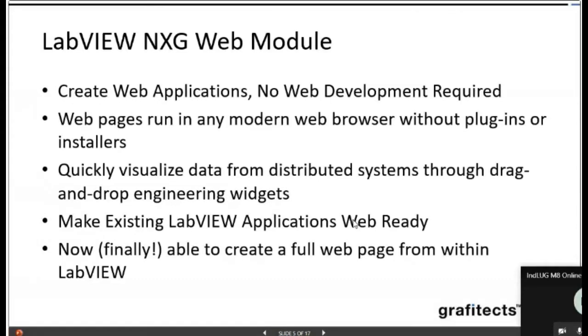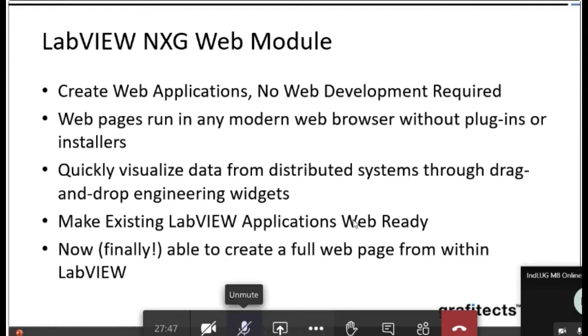So coming to the point, LabVIEW NXG web module is giving a lot of options to us compared to normal LabVIEW. So we are able to create LabVIEW web applications without any web development details. Like we don't need to code in HTML or CSS or Java.